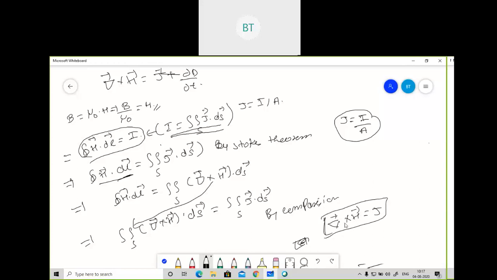If you are facing any kind of doubt in this equation, please tell me. These are all very simple equations. I'm just putting in the knowledge of basic mathematics. If you are aware of this knowledge, you will not find any kind of difficulty. In every equation I'm applying Stokes theorem or divergence theorem. Because of that only, I told you to study Gauss law and all the other things, because this will come into the picture when I teach you the Maxwell equations. If you are aware of this fact, you can do it easily.